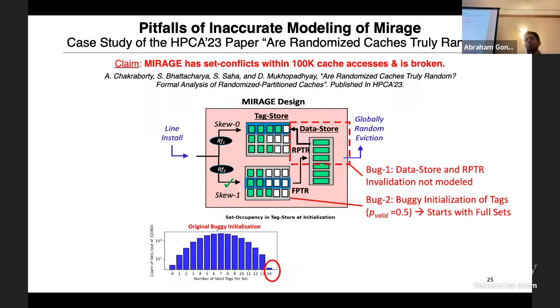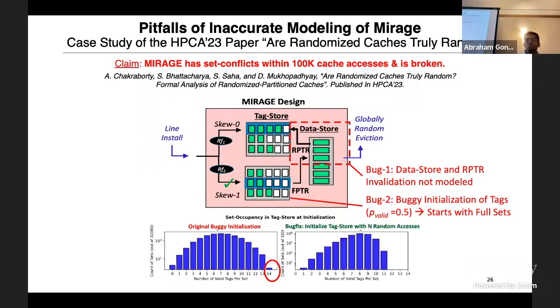To break Mirage, you have to get 2 full sets so that you can get bucket overflows, right? So if you start with a full set, of course, you're going to get bucket overflows. So the right way to do this is to start from an invalid cache and install addresses randomly into the cache, right? And at that point, you get a very different distribution of set occupancy,